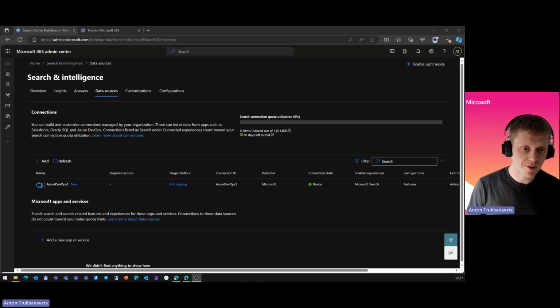And I can ask something in natural language. What were the recently suggested deployment improvements? And it will do the search, so it's searching through the entire M365 index. But since those items are already brought into the M365 index from Copilot, I will see the results provided by Copilot